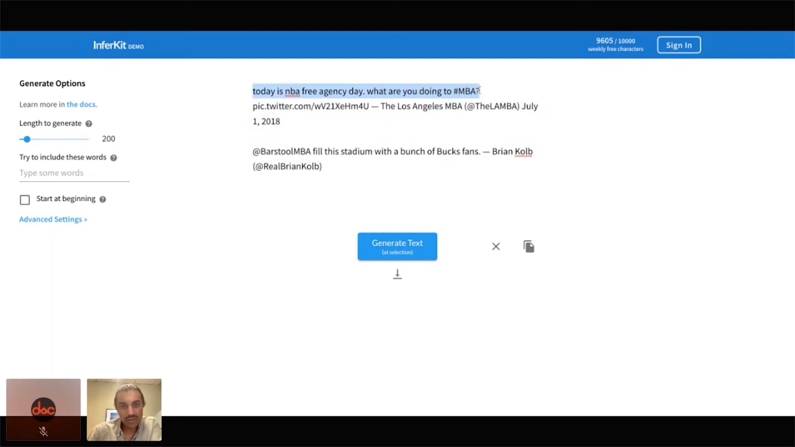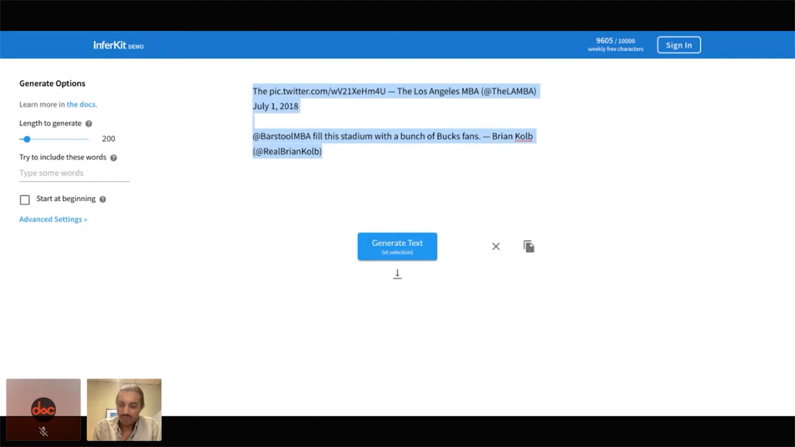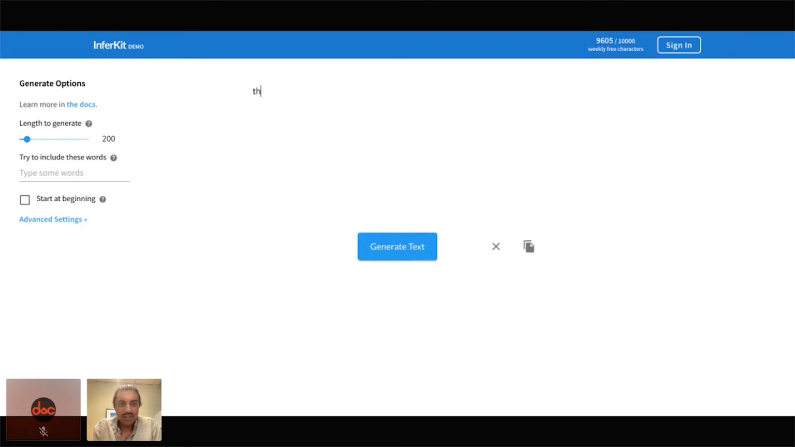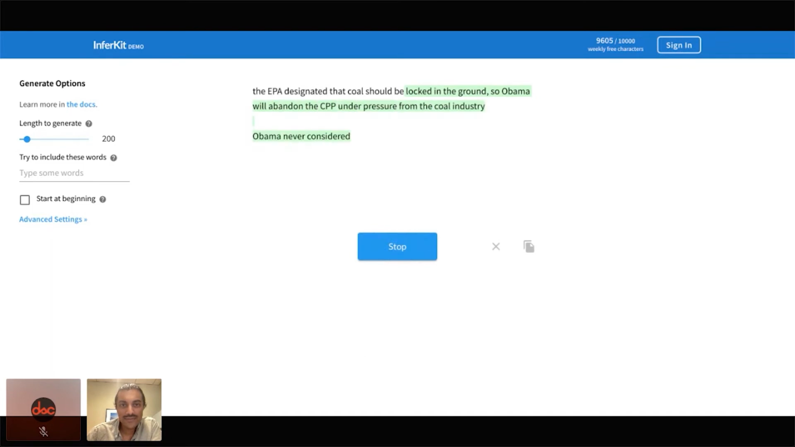There's a lot of cool examples here. Let's see if I can. I don't want to get political or anything, but let's say the EPA designated that coal should be, and let's see what it says. Man, that's really interesting. Anyway,